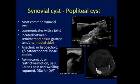Where are they seeing the cystic lesion? Because there are other etiologies for cystic lesions around the knee. So I want to make sure it's posterior, medially, and I want to see this hook area. Patients are frequently asymptomatic, and they're found incidentally in many studies for deep venous thrombosis. However, when they rupture, they can cause pain and swelling, and therefore are a major differential diagnosis for patients with